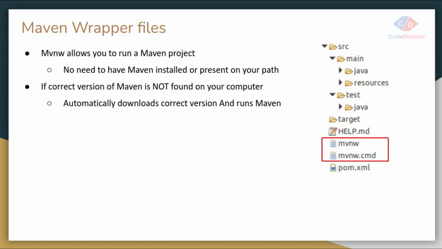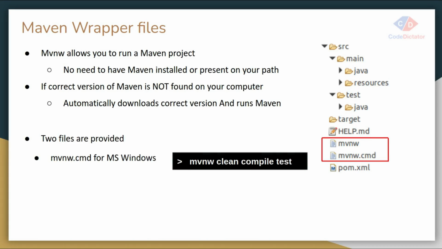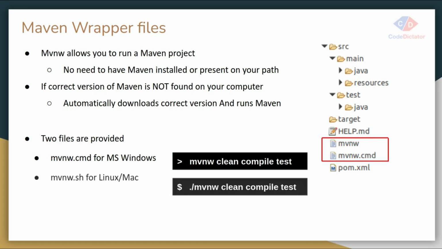So why did they provide two different files like mvnw and mvnw.cmd? One is mvnw.cmd, which is basically for your MS Windows operating system, and if you want to run our application with the help of the mvnw.cmd file, we can follow the command mvnw clean compile test. And another file is mvnw.sh, which is basically for Linux and Mac OS, and if we want to run the application with the help of the mvnw.sh file, we can use the following command like